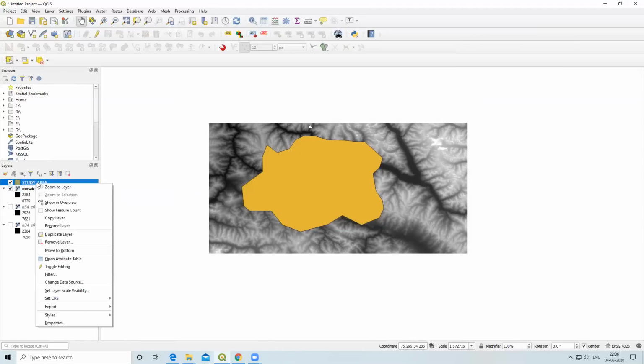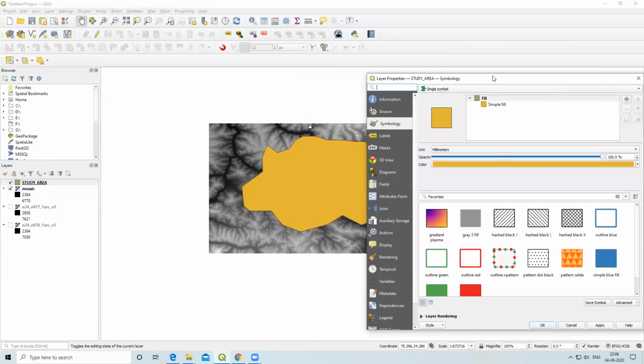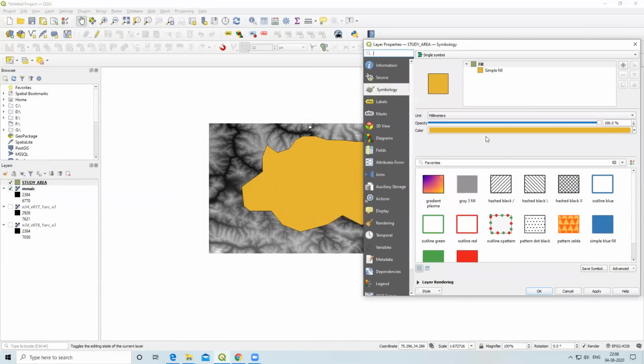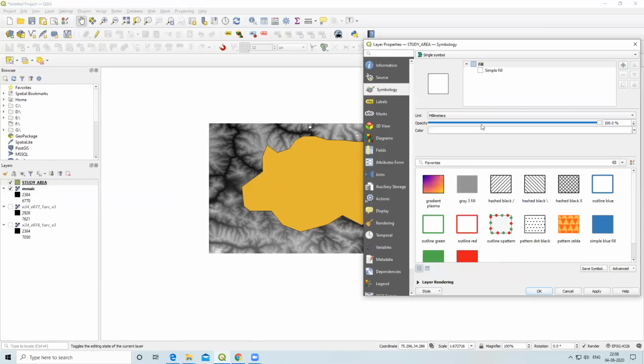Now I will change the color of this. I will go to property. From here, we'll select outline green.